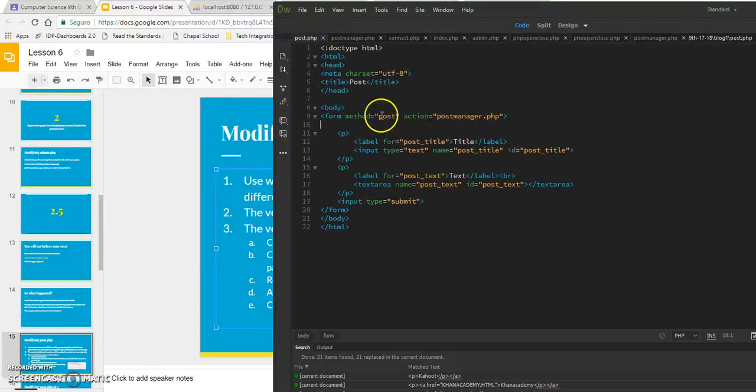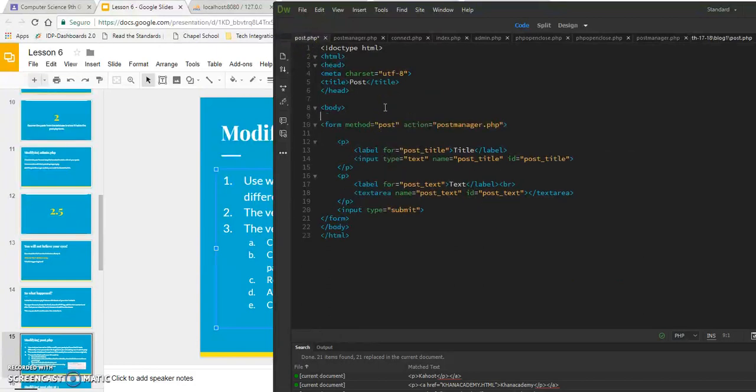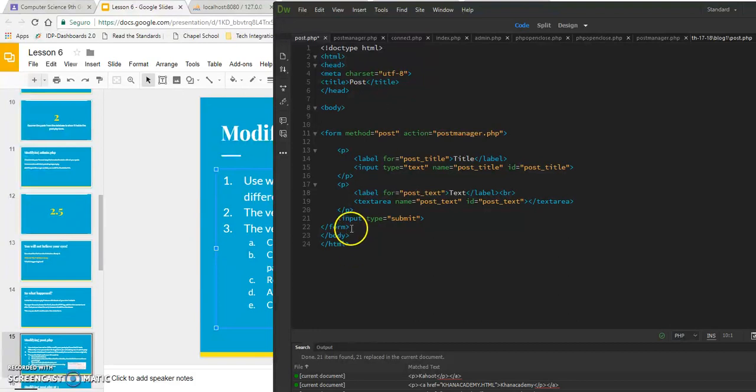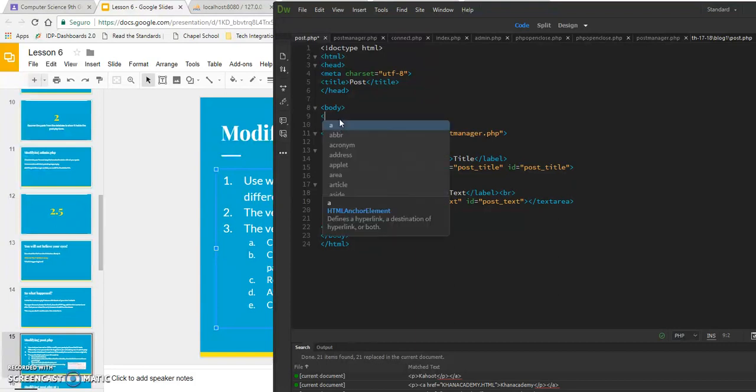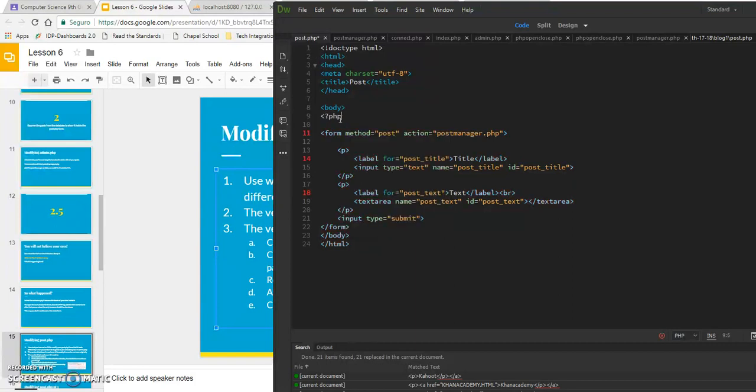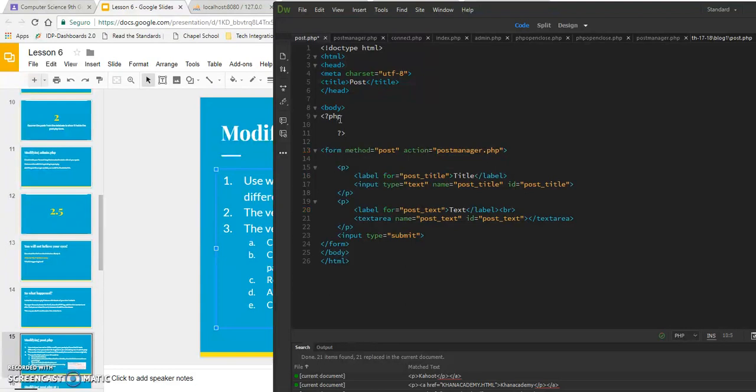Going back to post. And inside the body, first let me get a big copy and paste here. So I'm copying the whole form. I'm opening PHP. And I start an if. I'm leaving the first one as it is. So I'm saying if it's not, okay? So remember that the exclamation mark means not. So if it's not set,